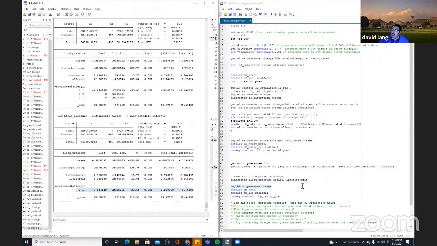And again, now we've actually captured most of the relationship. So we've got a pretty high R squared, and it contains most of the true parameter estimates in each thing's associated confidence interval. But now let's run through and do that same marginal effect of, say, being vaccinated in this case. If a patient is allergic,